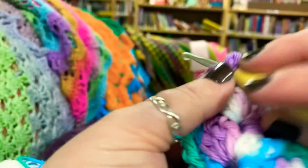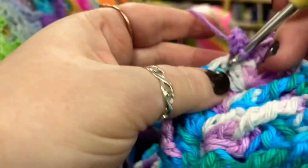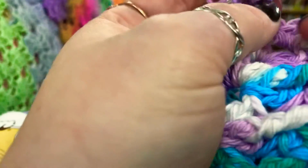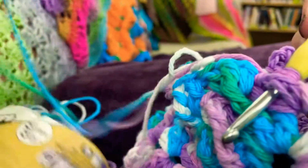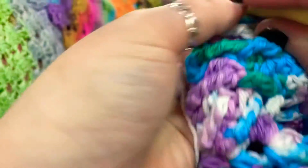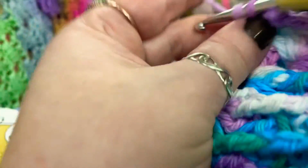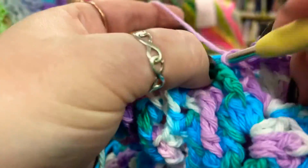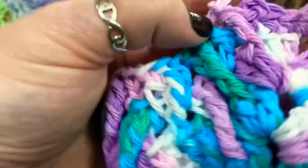Chain 3, through 2 and off with the last, single crochet, 2 loops, pull up a stitch, through 2, through 2, through 2, single crochet, chain 3,